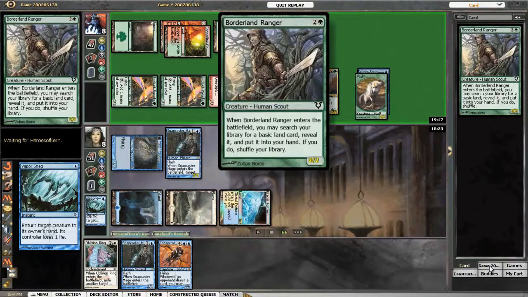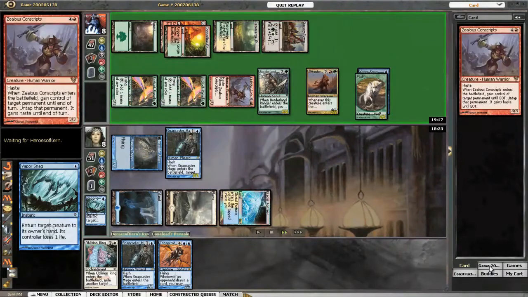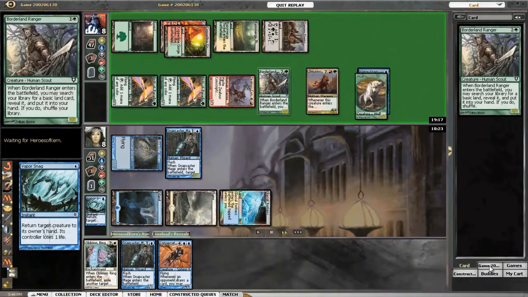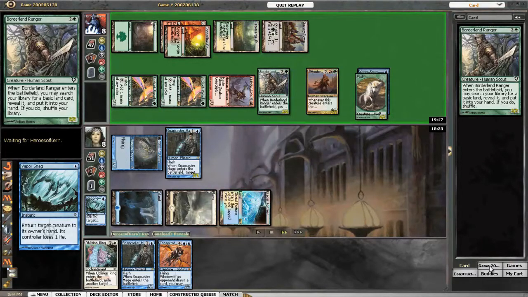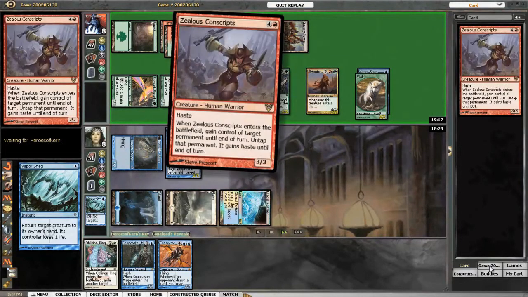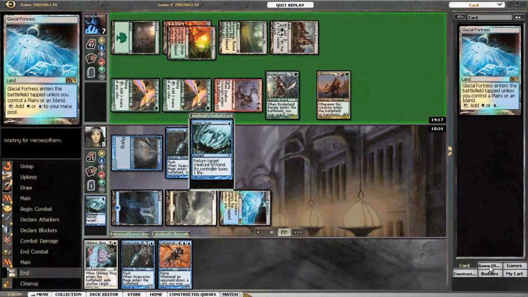The second most viable creature to bounce is probably the Borderland Ranger, because although it gives him a land and he has a Township to utilize it, there's still going to be some amount of time before that really comes into play. So I think bouncing the Wolf or the Borderland Ranger here is probably the best thing to do. Zealous Conscripts is just terrible in this situation because it gives him an extra attacker. So